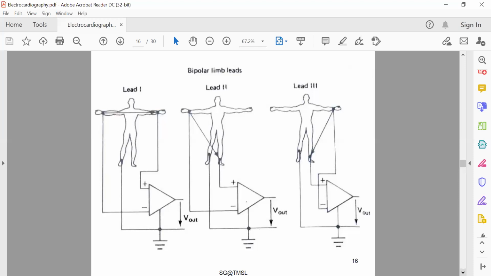The 12 standard leads used most frequently are shown over here, and the three bipolar limb lead selections, first introduced by Einthoven, are shown over here. So here, lead 1